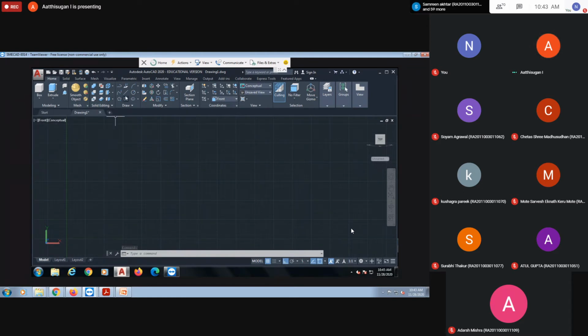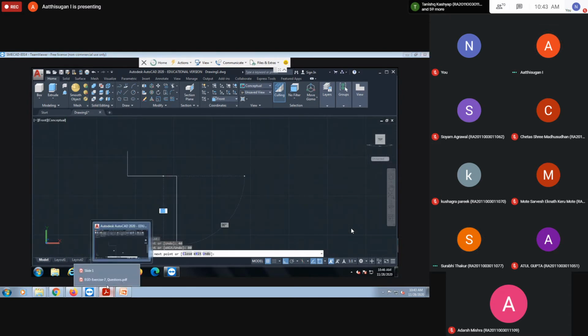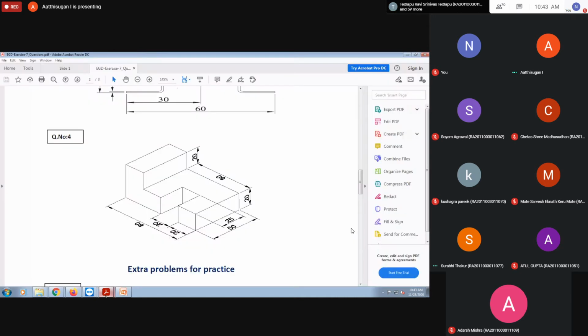So front view and drawing the profile. Starting from here, how much here? 40. Then the profile. This is 20.